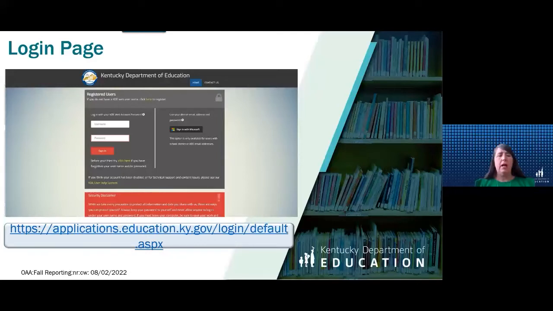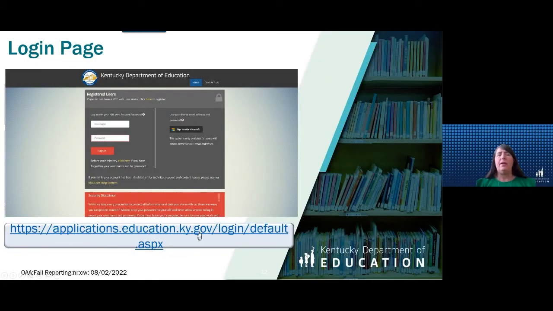Once you get logged in, you'll go to the right-hand side and sign in, making sure that you're already signed in to Microsoft. Click to get to SDRR if you are a building assessment coordinator or a DAC, District Assessment Coordinator. You'll be able to get into that with the same login, and sign in with Microsoft to get to the student data detail to download your spreadsheets.